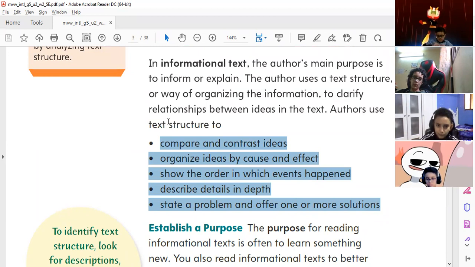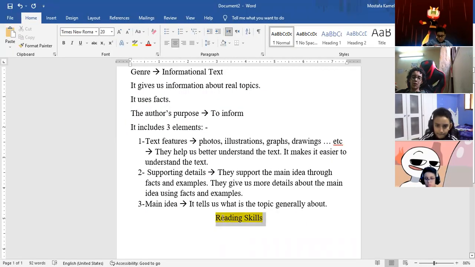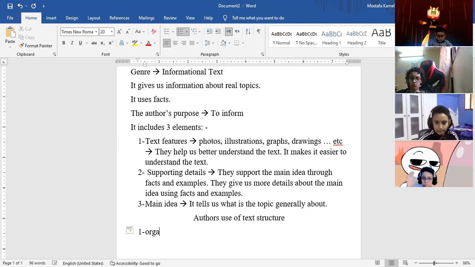Yes, state a problem. So this is called the text structure. Sorry, not the reading skills, this is the text structure. So, the author's use of text structure. How do they use the text structure? First thing is compare and contrast. Then organizing things in a